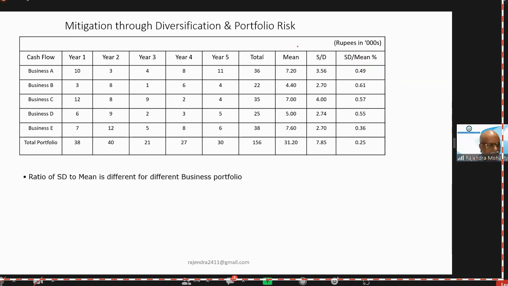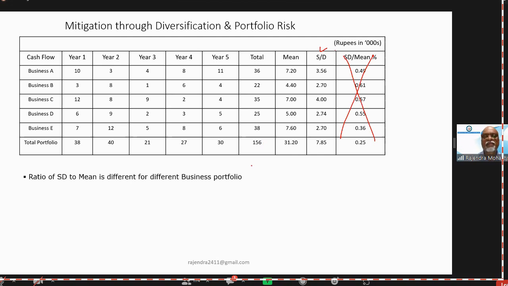Is it clear? Through diversification we can reduce risk. So a question will be asked. They will give you the standard deviation up to this column. This column will not be given in the question. So through diversification, you can say